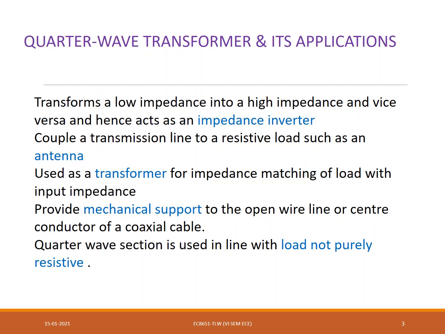Now let's see the various impedance matching techniques. Generally, transmission line sections can be used for the purpose of impedance matching. The first technique is quarter wave transformer. The quarter wave transformer technique is generally used for matching a resistive load to a transmission line, for matching two resistive loads, or for matching two transmission lines with unequal characteristic impedance. In all the above cases, it requires matching between two purely resistive loads.